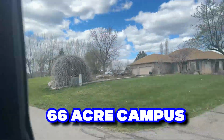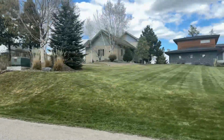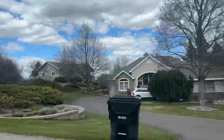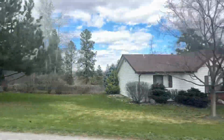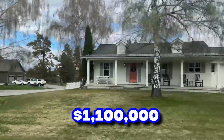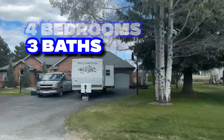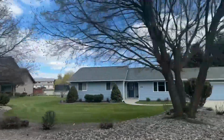We're now driving through Country View Estates. This is one of the best subdivisions in Kalispell. Interestingly enough, most of these homes have sold in the mid-500,000 range. And then on the other side of the subdivision, they have access to the Stillwater River, and it's absolutely beautiful. And there was a home here that closed in February of 2024 for $1.1 million, and it was 2,730 square feet on roughly a half acre, and it had 4 bedrooms, 3 baths, and it was on the market for less than 50 days. So this is a really great area of Kalispell, and our next stop is going to be an area called